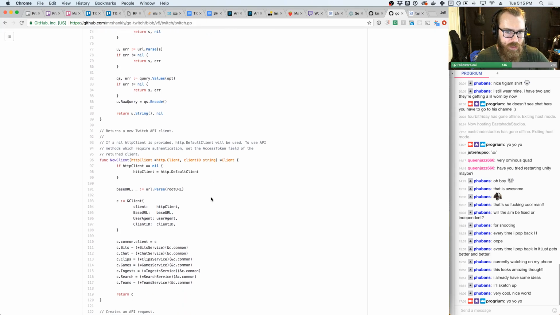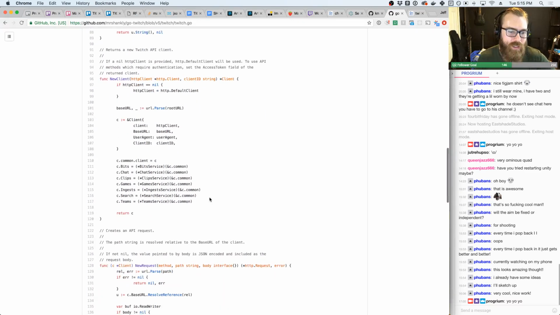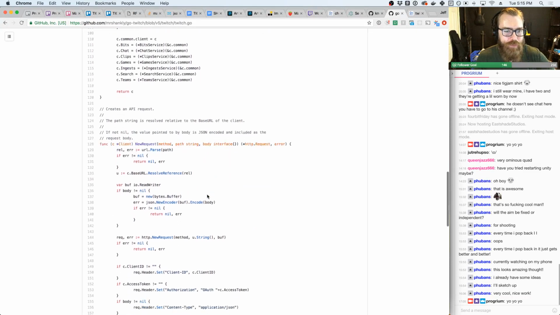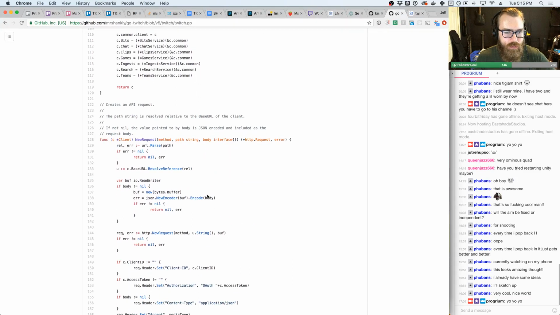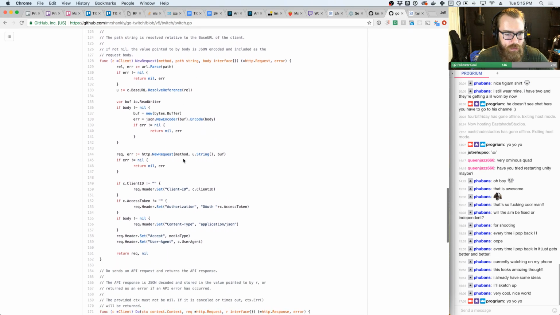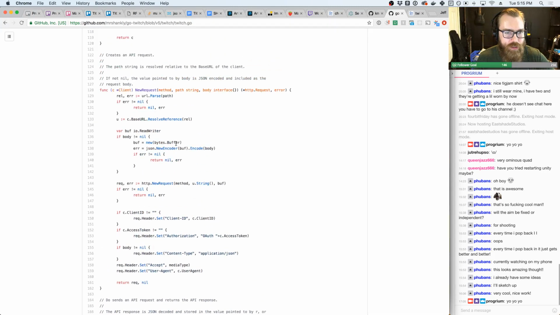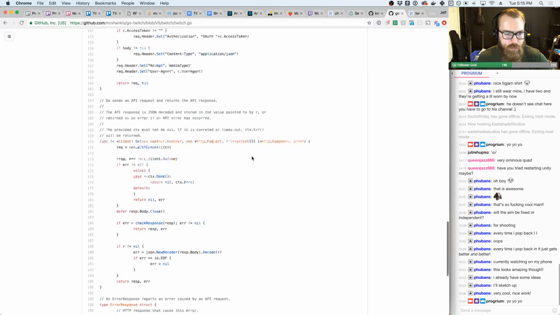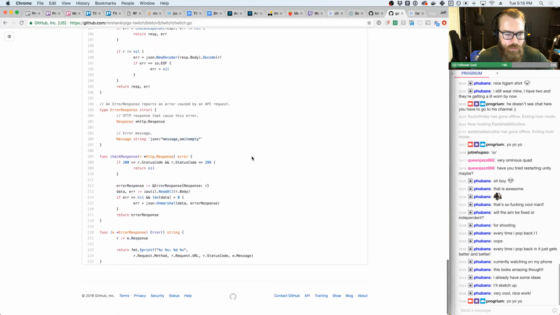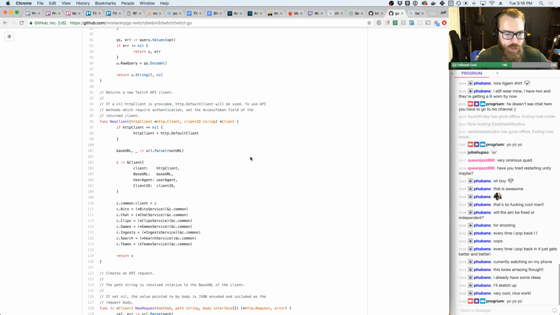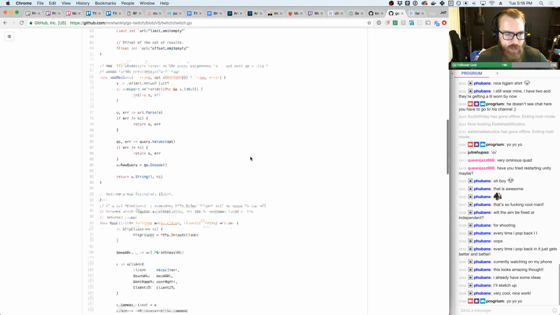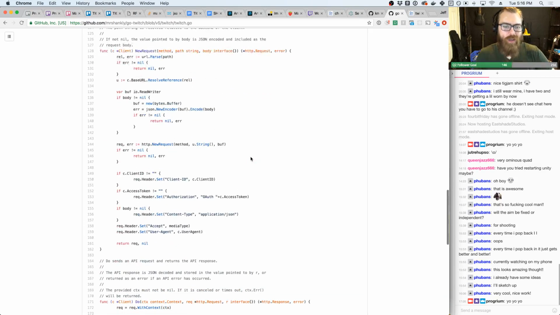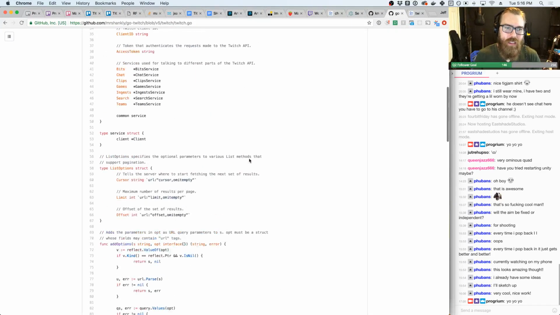And to use the API method, which requires authentication, set the access token field of the returned client. So I set access token afterwards. Oh, this is nice. This is nice, because I can do everything with just creating a new request. So I can even do this stuff that they don't have implemented here. Problem is, so this is the